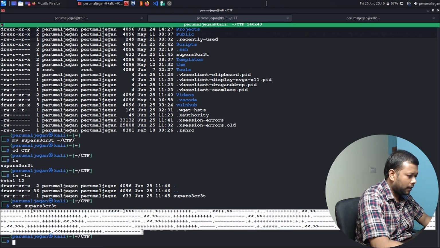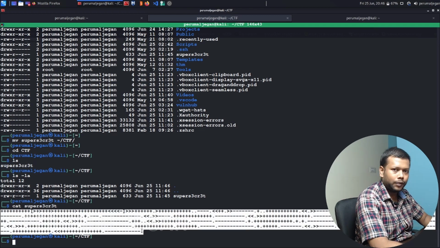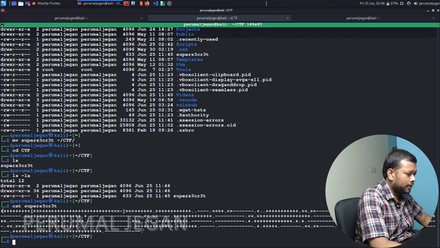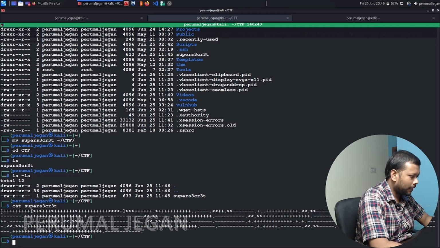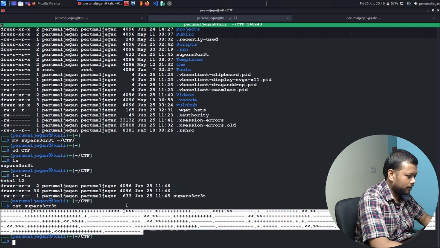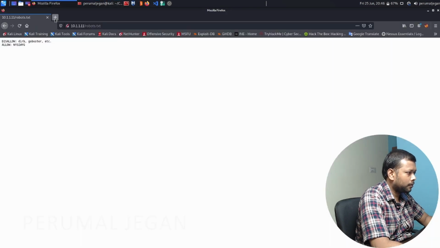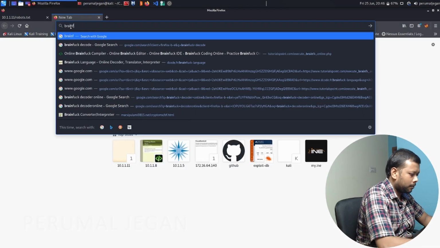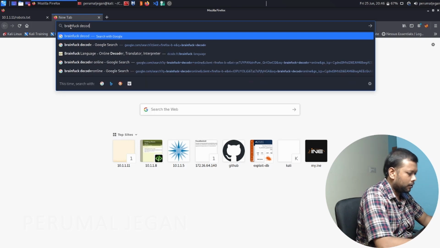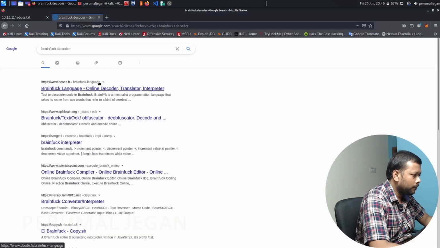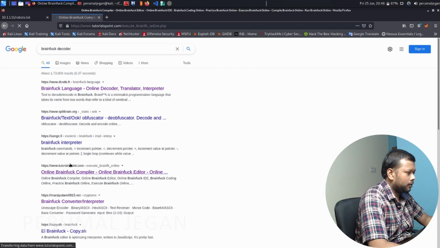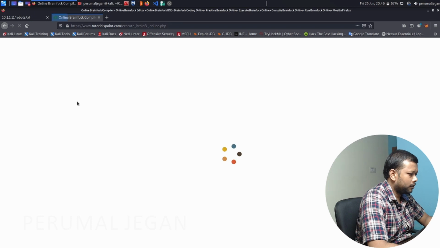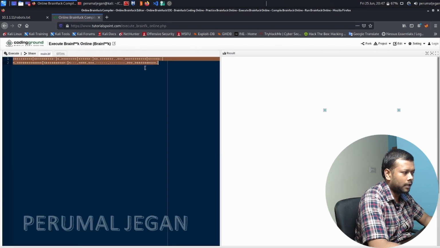I'm just copying. I already did this CTF, so I'm just doing it straight away. This encoded format is called brainfuck. Let's decode this. This is how it looks.